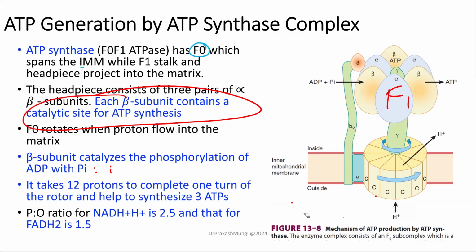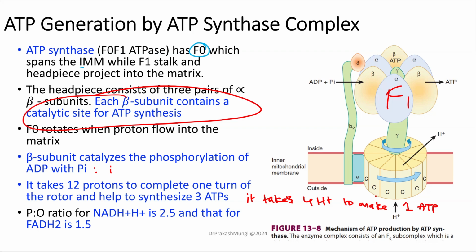Now, what I was trying to say was, how many protons do you need to make 1 ATP? That's what I was trying to say, but I got confused myself. So it takes 4 protons to make 1 ATP. Is it not? 12 protons making 3 ATP means entry of 4 protons making 1 ATP. Okay, that's the point. Now, with this information, use what we have written earlier: